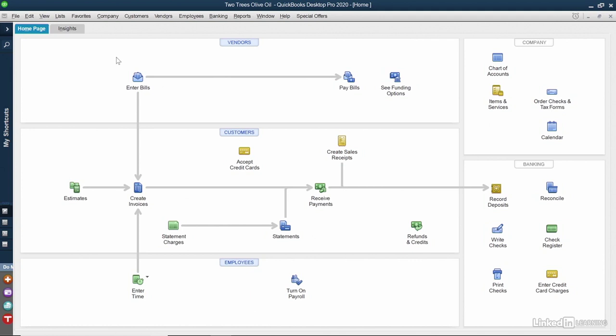The first thing we need to do is make sure inventory items and purchase orders are turned on if you plan on doing those things. If you do plan on creating purchase orders for your customers, you'll need this turned on. And also, if you track inventory, you'll have to do this too. Depending on how you set up your company using those default industries, QuickBooks could either have this option turned on